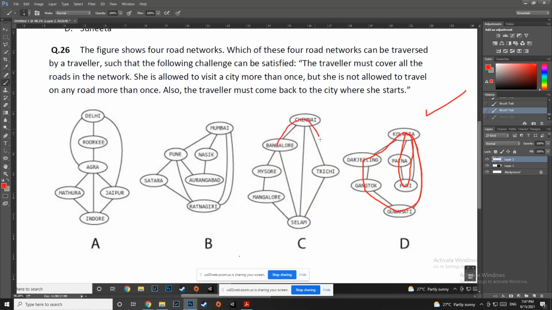No, I thought we started from. Yes, it can't be done. Right. So C cannot be done. A cannot be done. B can be done. Right. Because B, it was like this. Right. So with the help of all of you, we were able to say that if A starts from Agra, then Mathura, and then Indore. Okay, let us try. Start from Agra, then Mathura, then Indore. Where else? After that, where?